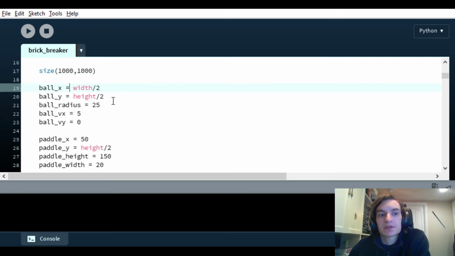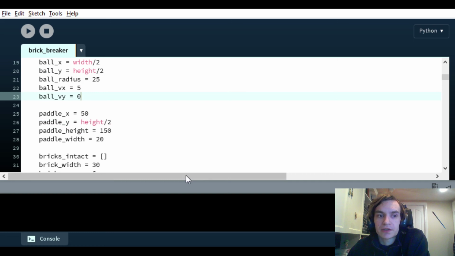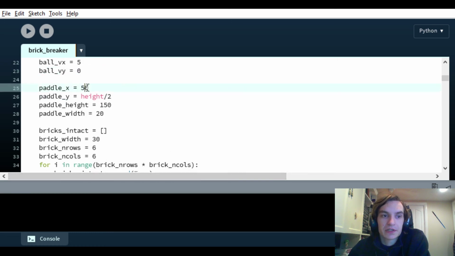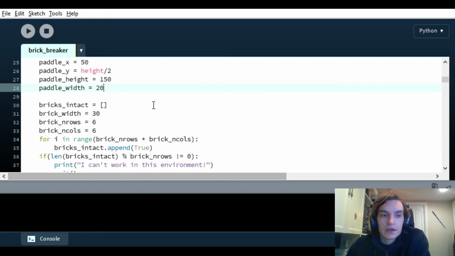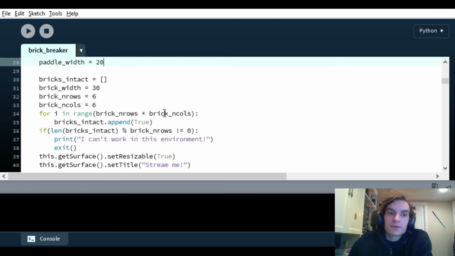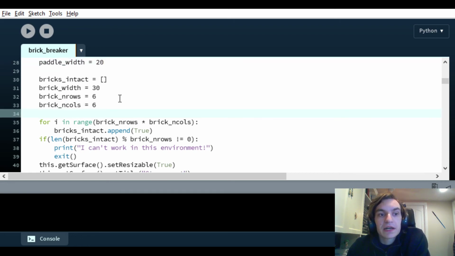Okay, setting up our size, fairly straightforward. Initialize our ball to the center of the screen with a specific radius, moving to the right and not up or down at all. Similarly, initialize our paddle to a specific position with a specific height and width. That's all fairly straightforward. Now we get into some stuff that's a little bit more complicated. I will upload this fully commented as well. It's partially commented, but I will make sure that it's fully commented when I upload it.